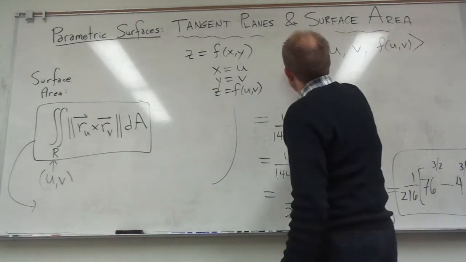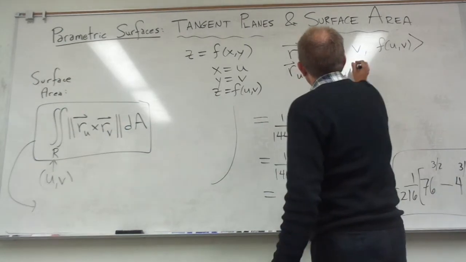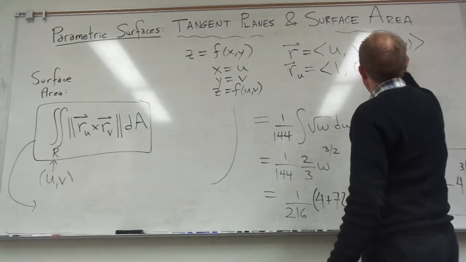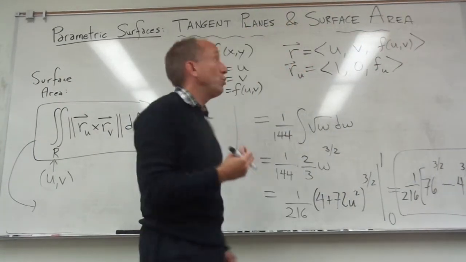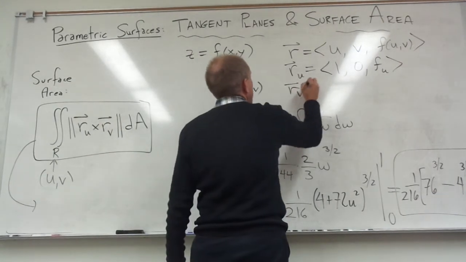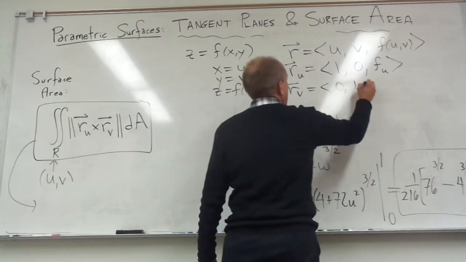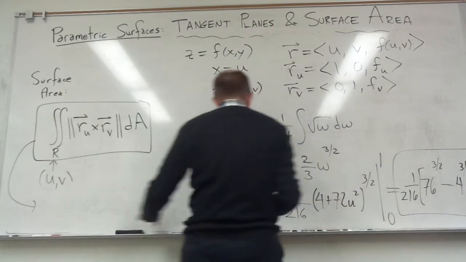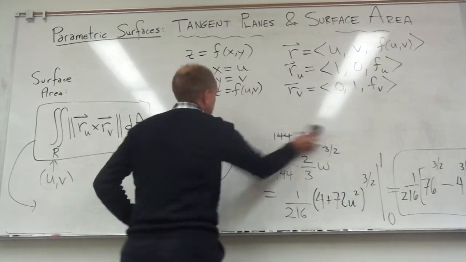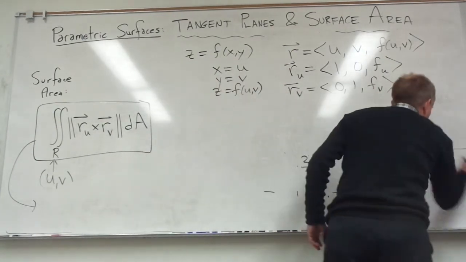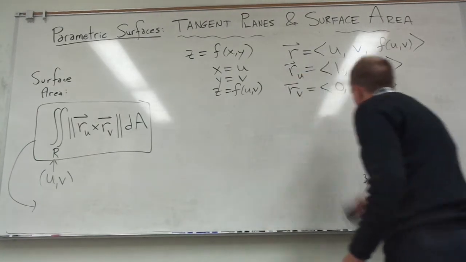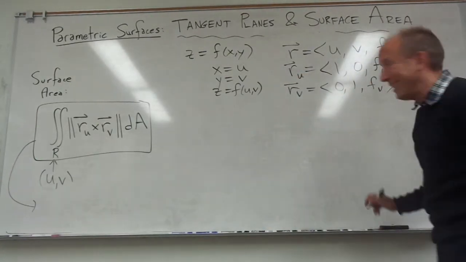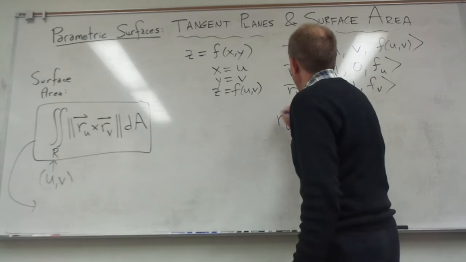If you take the partial derivatives with respect to u, you'll simply get 1 and 0 and f sub u. And when you do it with respect to v, you'll get 0 and 1 and f sub v, whatever that is. Give myself a little more room here. Let's take the cross product and then take the magnitude, and let's see what we get. If you cross these together,